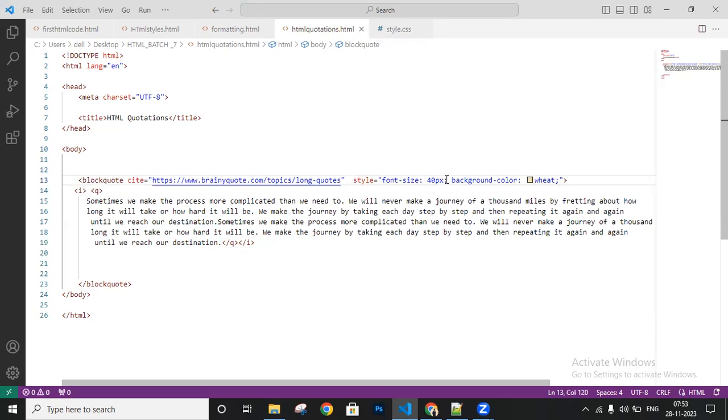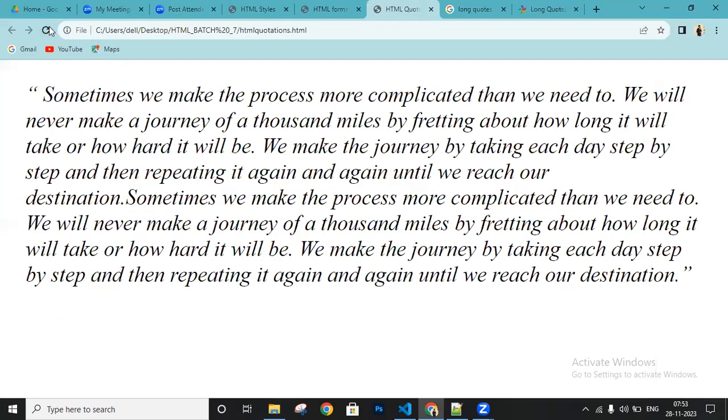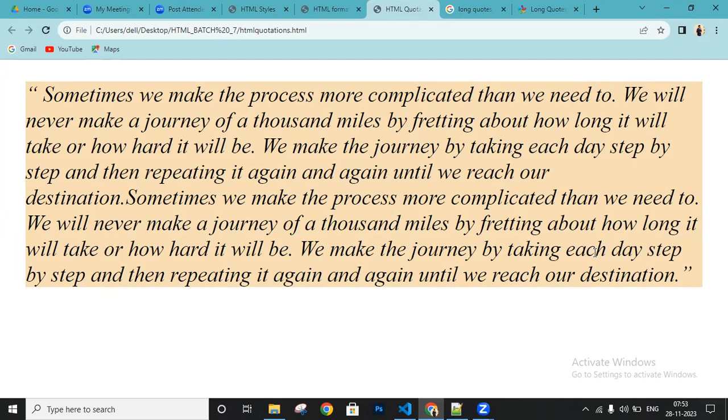Okay, now you can see this one here, and you can also apply a background color, wheat, and let's go to this, so you'll get some background color here. Okay, so like this you can use this blockquote here, and the quotation mark also. So next thing we have